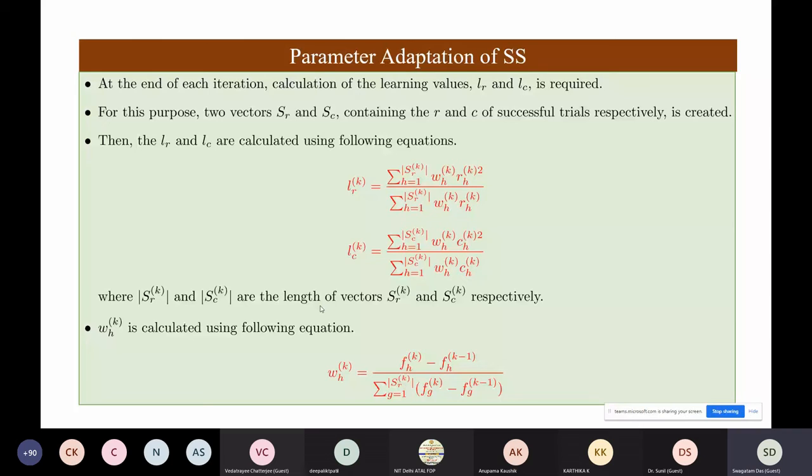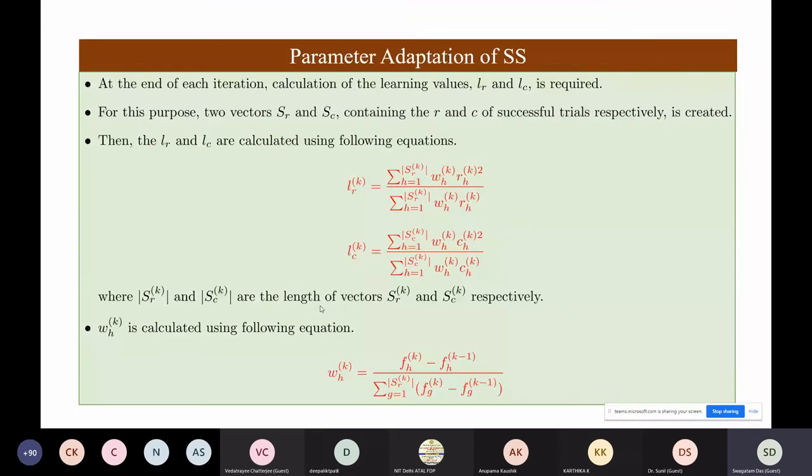These equations may look somewhat costly to you, but this is basically saying that you are taking the length of the vectors and just taking some weighted combination of the lengths of these vectors. This kind of Lehmer mean we are using, and so this was some kind of success-based parameter adaptation